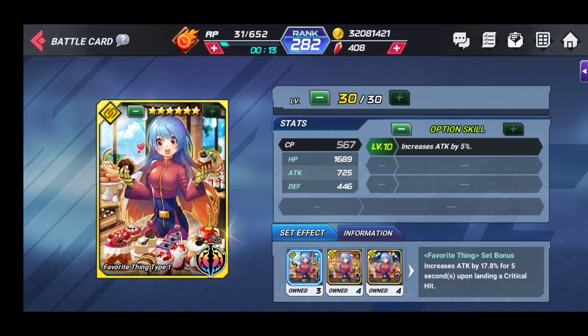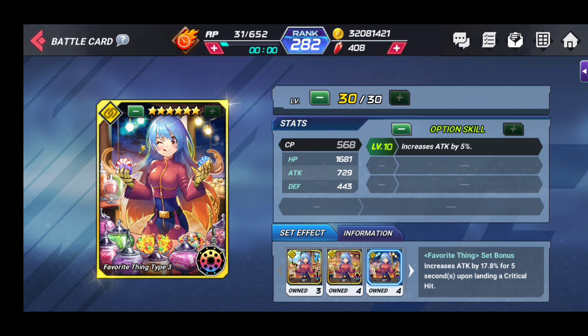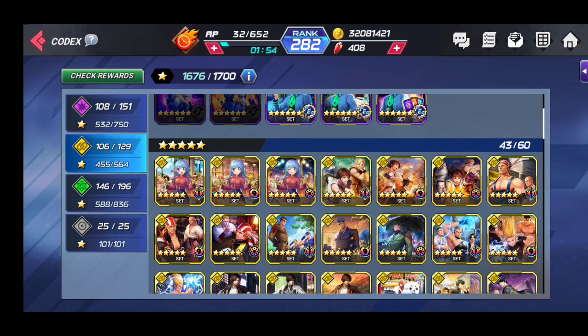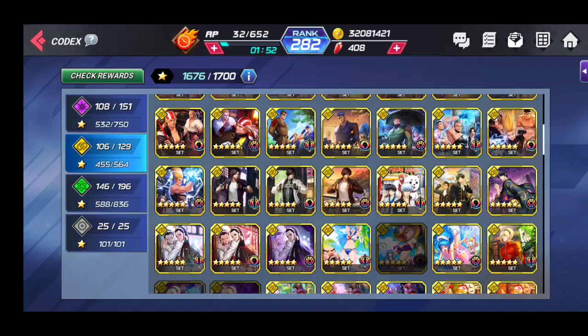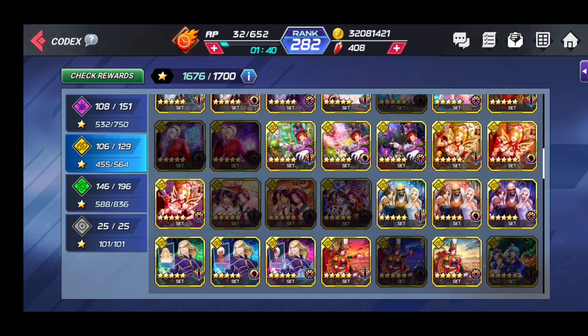Usually people were getting the Kula set. I call this one the Kula set card because it increases the attack by 17.8% for 5 seconds upon landing a critical hit. This is really strong as well, but unfortunately you cannot really get it right now. So my suggestion is go for Chizuru, go for Gonitz. If you don't have the 6 tier cards, like the Noah, the Kaya, and the Ryugo, the most viable thing you can get is the Nest set,